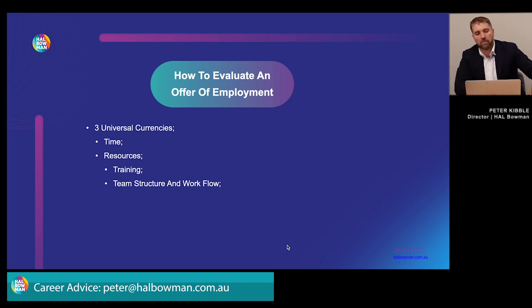In the example of pooled resources, if you're starting out in your career and there are not clear reporting lines and it's hard for you to work out what work needs to get done because you've got 8 different partners telling you their work is the most important, you end up spending a lot of your time just figuring out what work to do rather than actually doing the work. That can cause problems. But if it's really clear what the priorities are, then that changes. That makes it a little bit better.